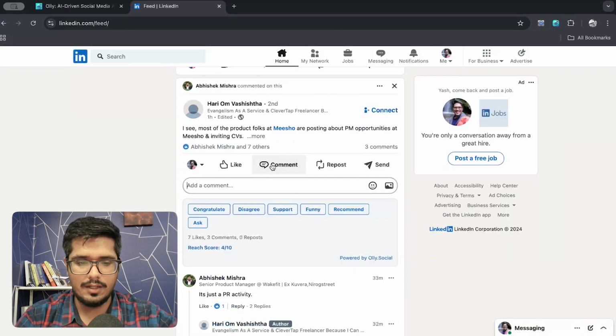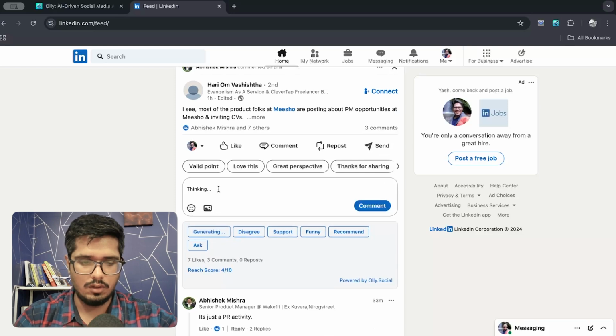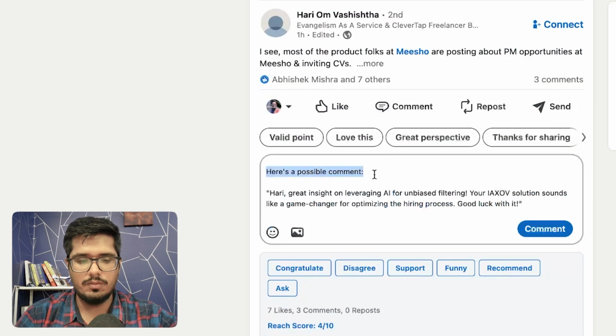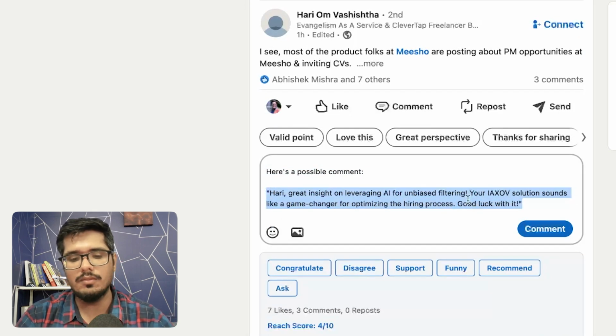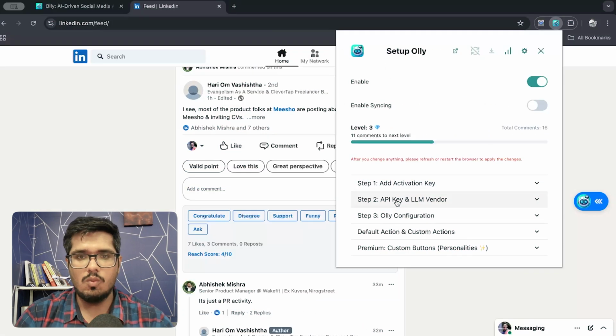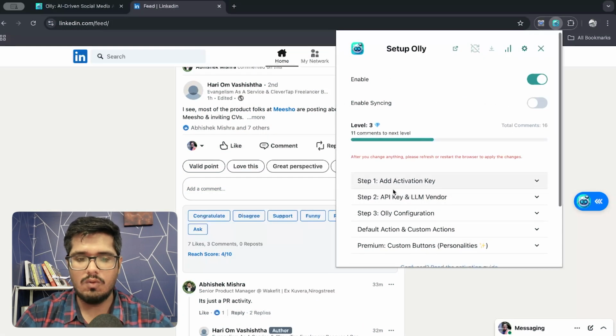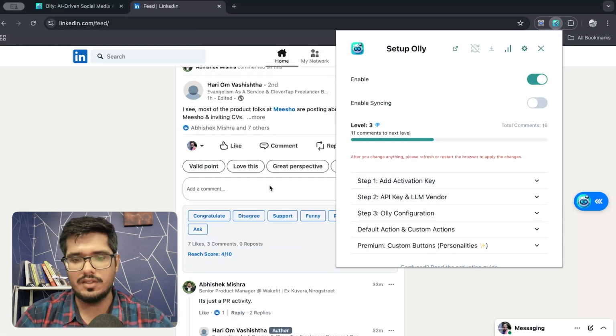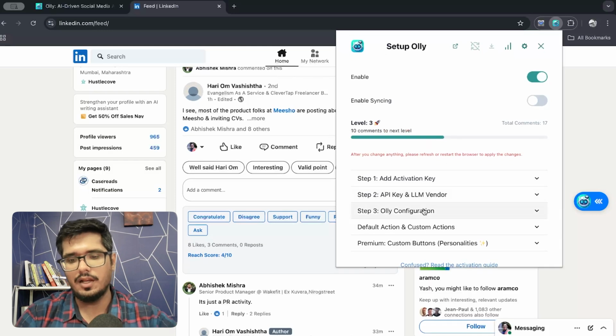So let's go ahead and try it here, and let's just click on congratulate. You can see it says here's a possible comment and then generates the comment inside of double quotes. So it's not what we want. And so the LLM that you use will influence the quality of your final generation. So what do you do in that case, right? Now, while you can customize this to some extent, if you're using these certain LLMs, there's not much we